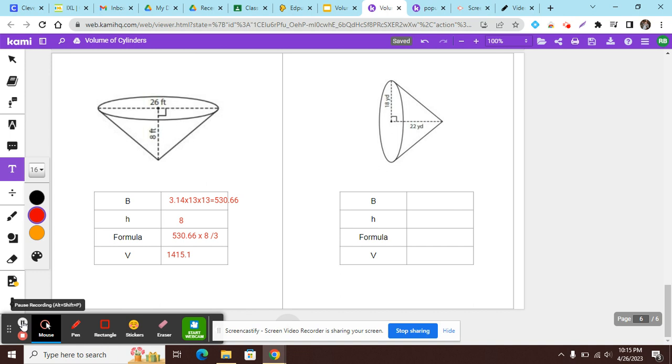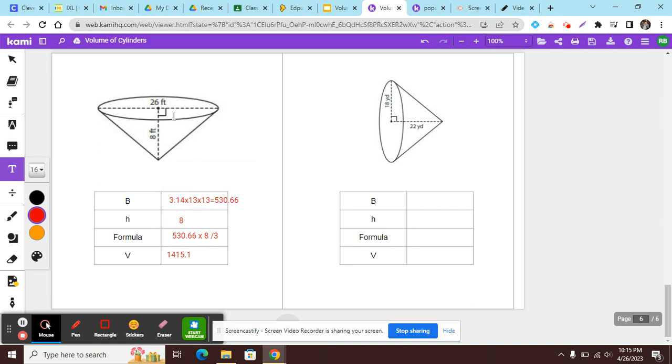Okay, for this problem, we're going to find our area of the base. Now, keep in mind, right now, this figure is giving you the diameter. So we have to make sure that we have our radius. Our radius is half the diameter, so it's going to be 13. So we do 3.14 times 13 times 13, because that's how we find the area of our base, and we get